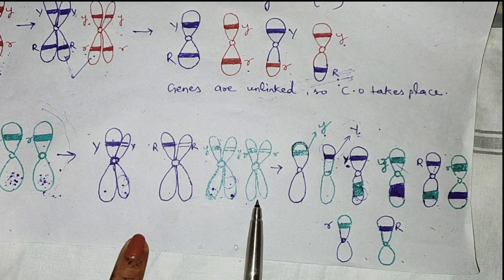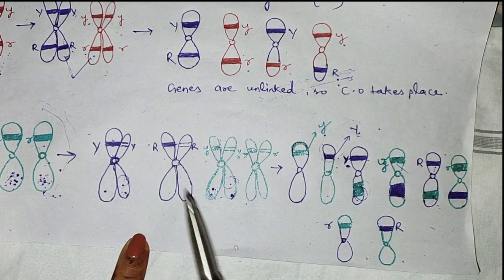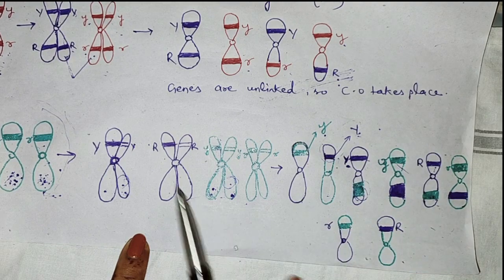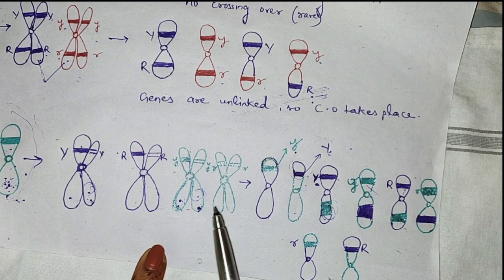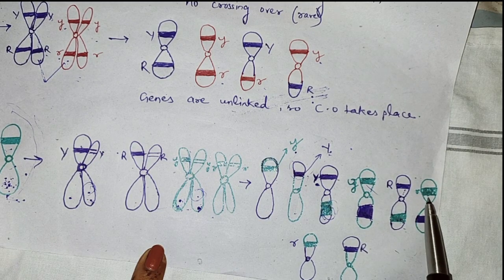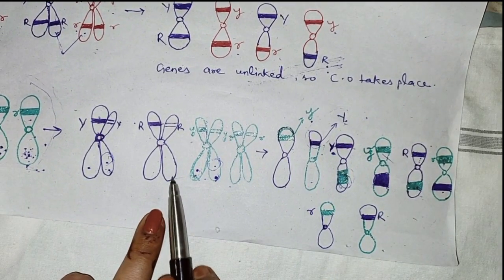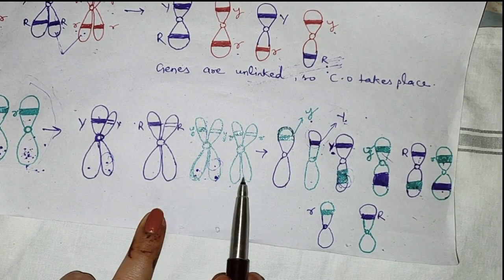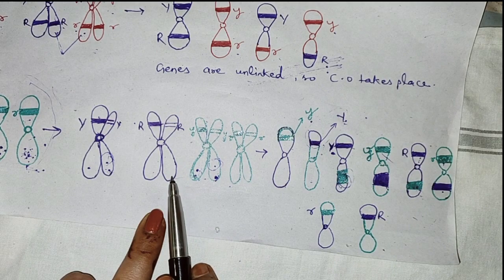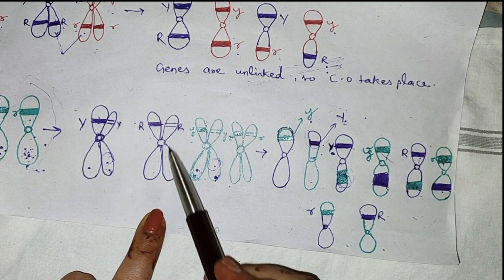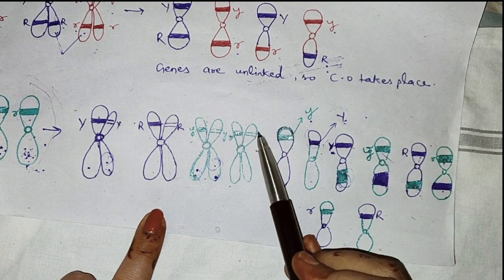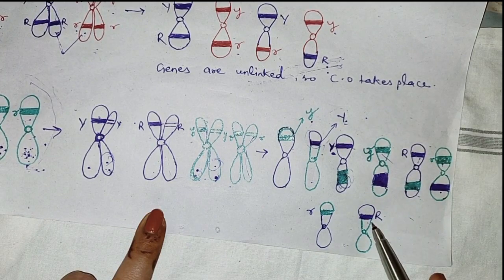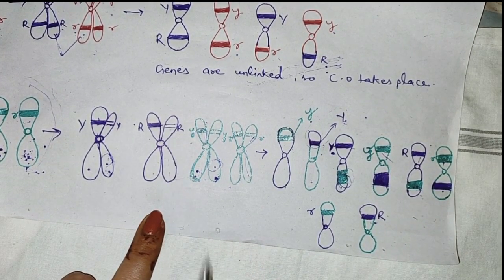So these two chromosomes are over. Now crossing over will take place between these two chromosomes. This blue chromatid will have a small green segment with the same allele, that is capital R. This green chromatid will have a small blue segment with the same allele, small r, and when these two chromatids undergo crossing over, it will take place in the area where our concerned gene is present, as a result of which this blue chromatid will have a small green segment, that is small r, and this green chromatid will have a small blue segment, that is capital R.